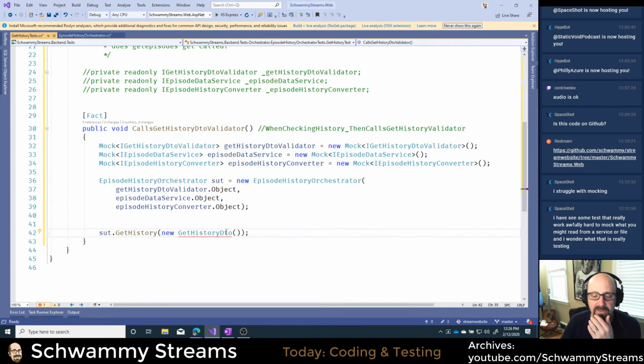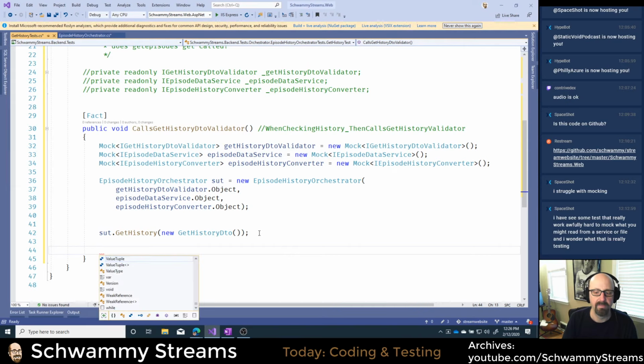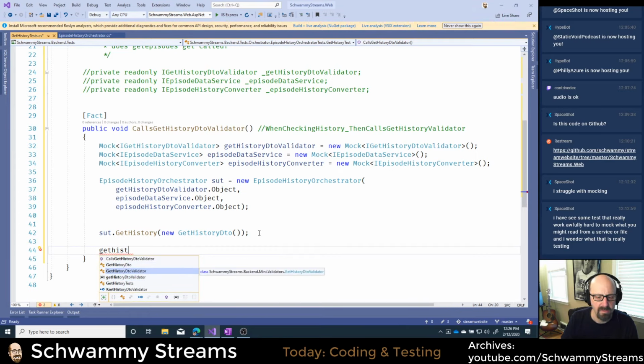So now we want to think, what are we trying to test? We're trying to see, does it call the GetHistoryDTOValidator? The Moq framework has some methods. So what I want to do is say, on my GetHistoryDTOValidator, where is it?